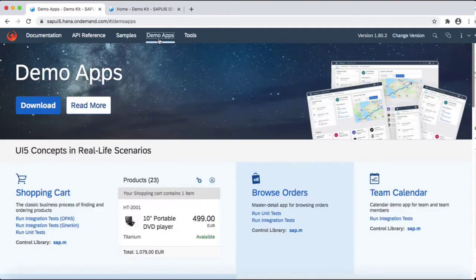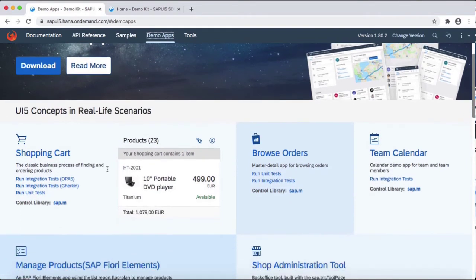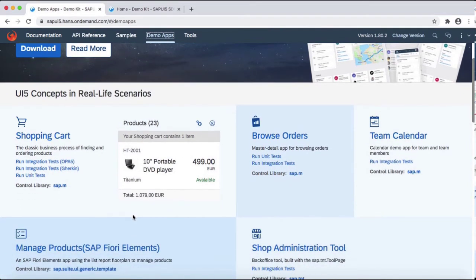The demo apps section consists of a few SAP UI5 applications that are already developed and kept in the demo apps section for your reference. There are different demo apps like shopping cart, browse orders, and you can go through these demo apps by clicking on the link.